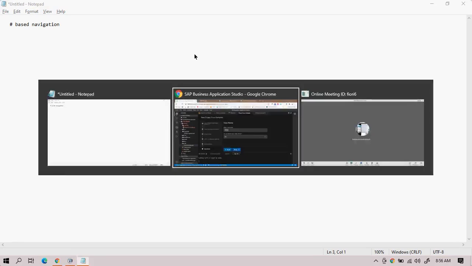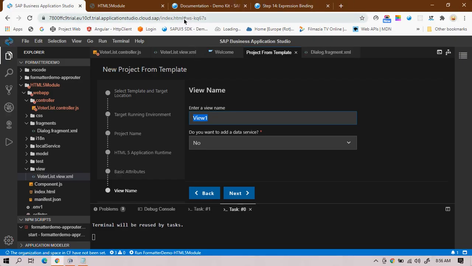Whenever you navigate to the second page, in the URL you can check, there is a hash. It uses the hash in order to navigate to the second screen, and using that hash framework, the browser doesn't have to reload the page. Instead, using the function callback, they simply change the content of the view. That's it.